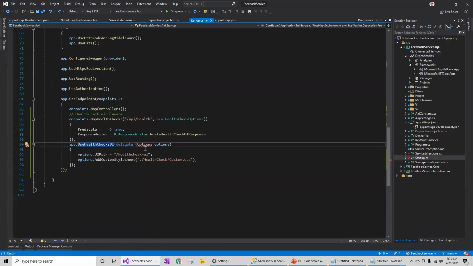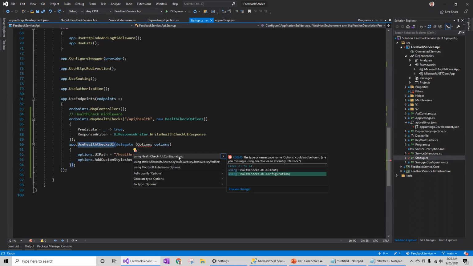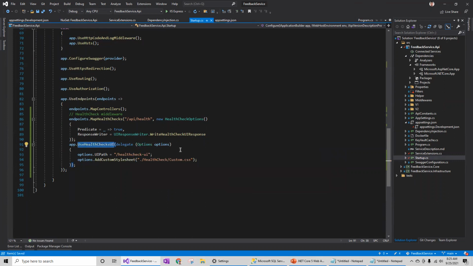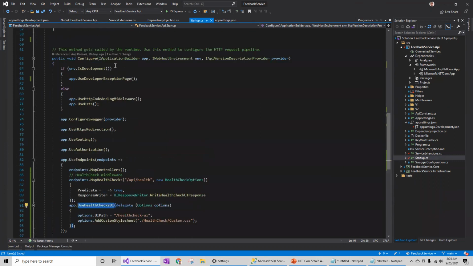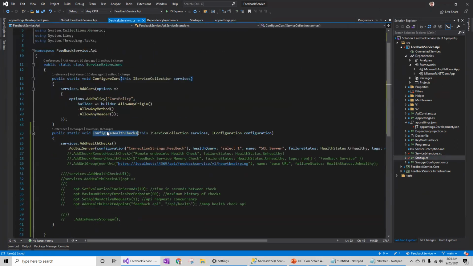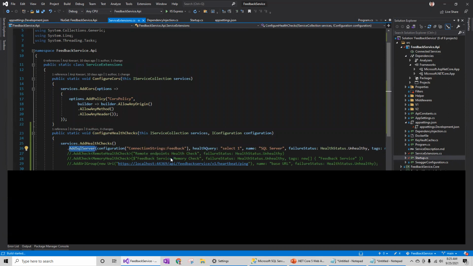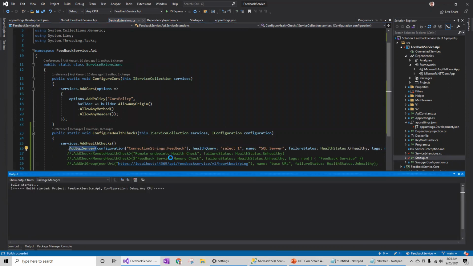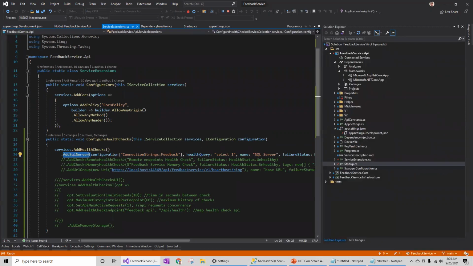Now go to startup. Now this is happy. Let me add the health check UI configuration. So this is on the configuration method. Now I'm calling the health check configuration here for the Azure SQL connection string.